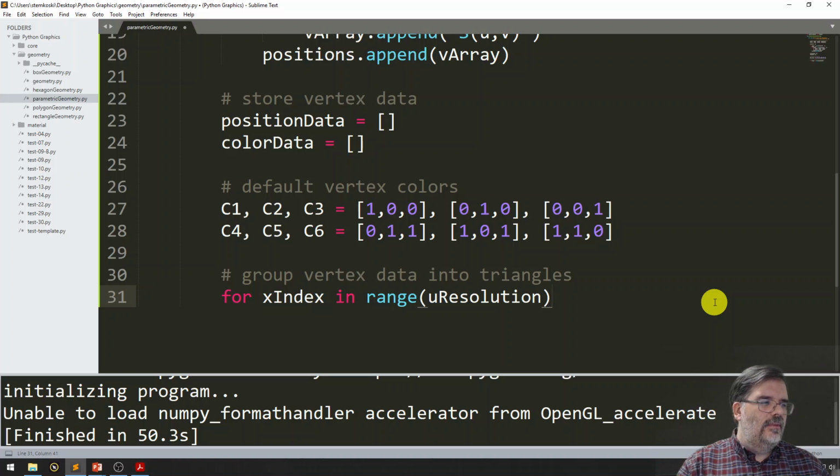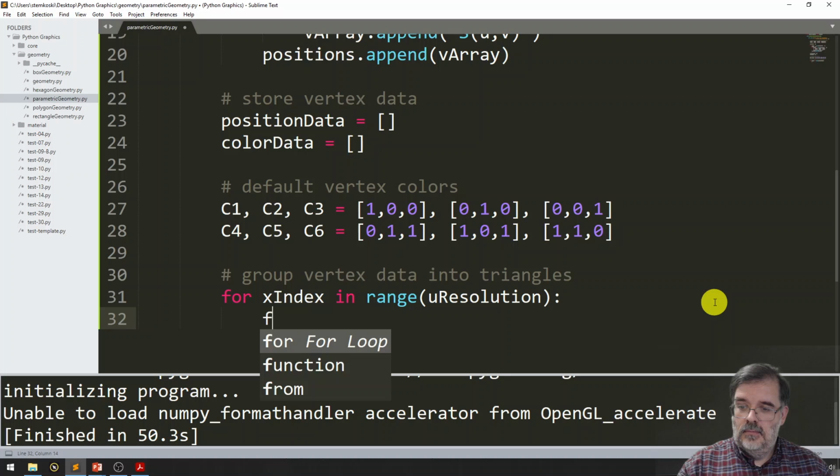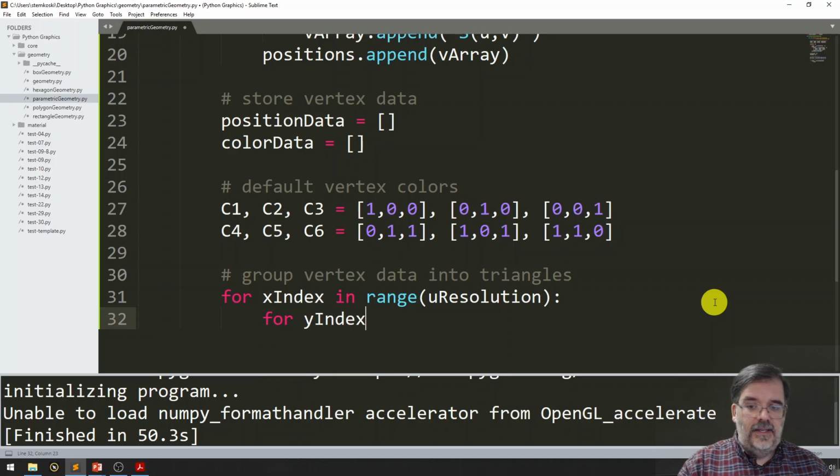And this time we don't need the +1. Before we needed a +1 because we're talking about the different points which separate out each one of those shapes. If the u resolution is 4, then we actually want 4 triangles added in that direction. And then for y index in range v resolution,